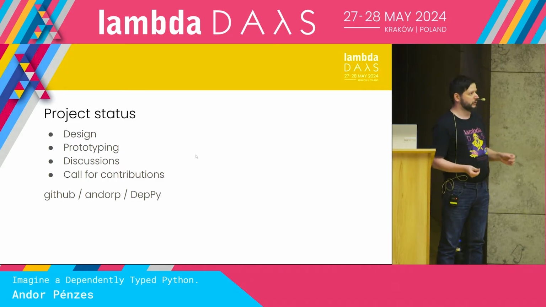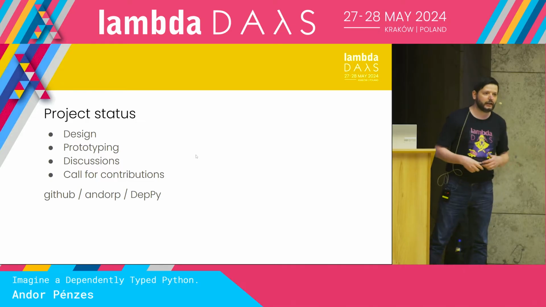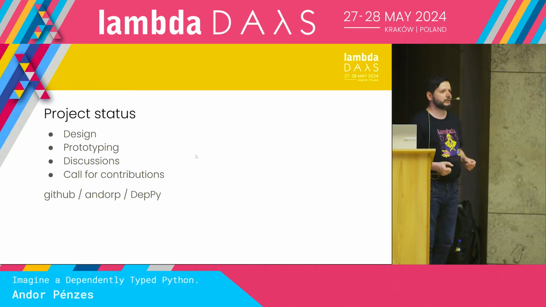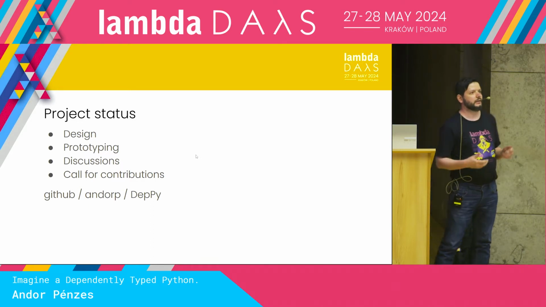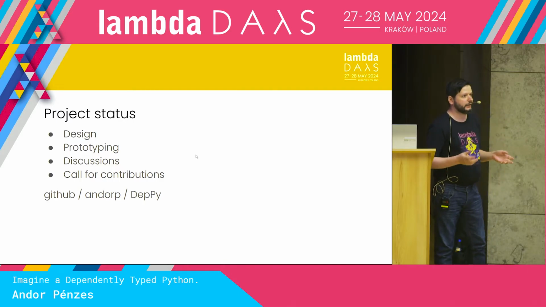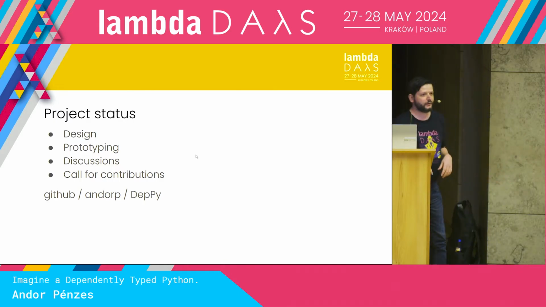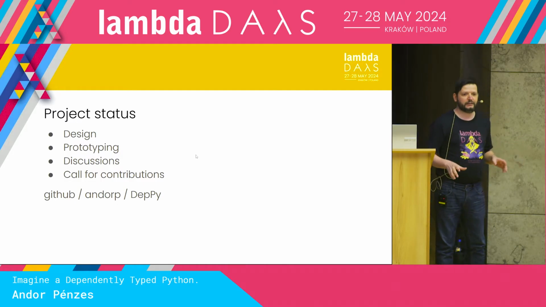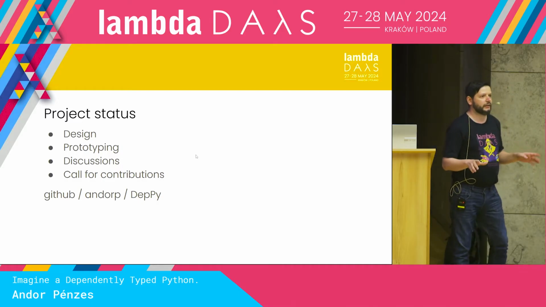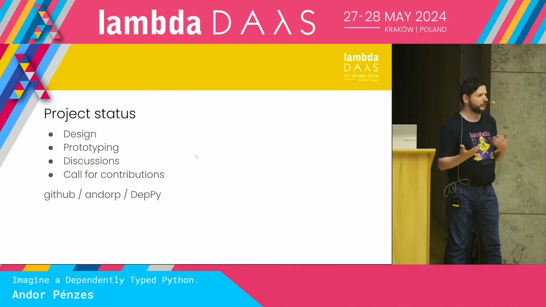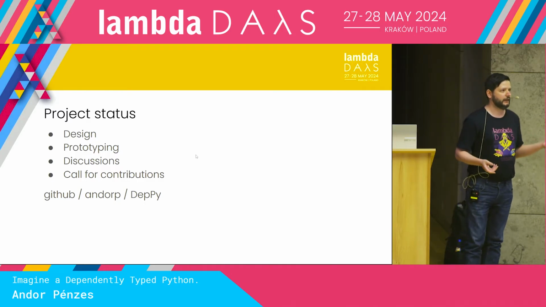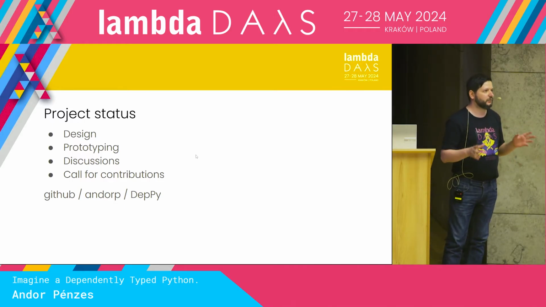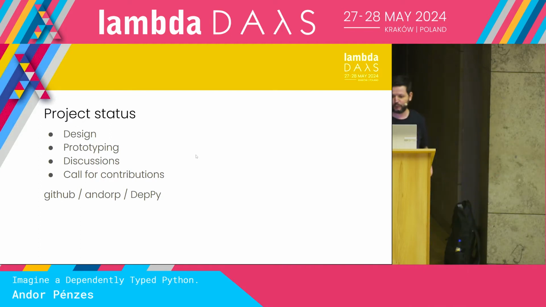So if you are interested in this topic, please come to me after the talk, and we can have a nice and fruitful discussion. Again, that's the GitHub repository, so if you want to check, you can see the evaluators that we already have, but that's just a big mess. We were thinking about what to call this project, and we settled on DEPI. If you are a German speaker, there is a pun there. If not, we wanted another name, something like a pie, where we use the I, but that name was already allocated for another project.